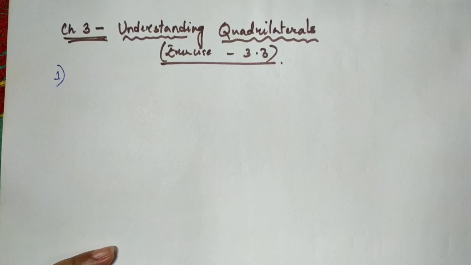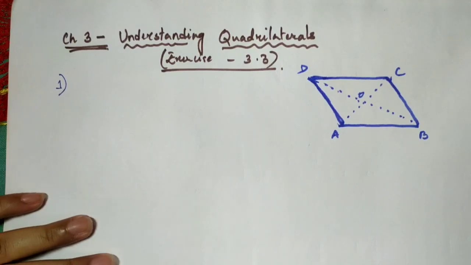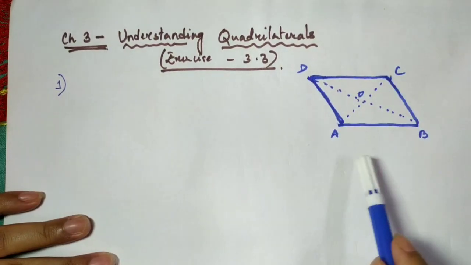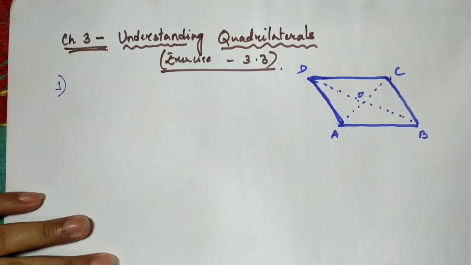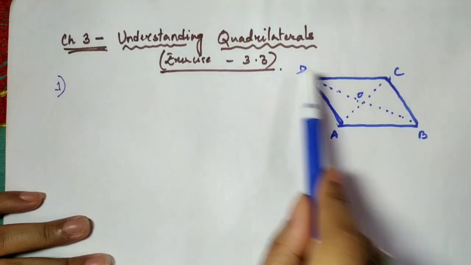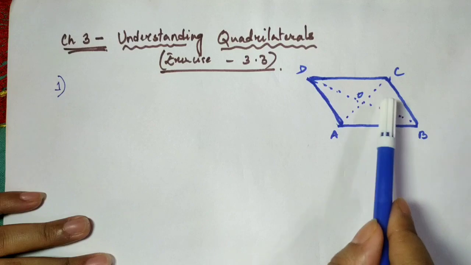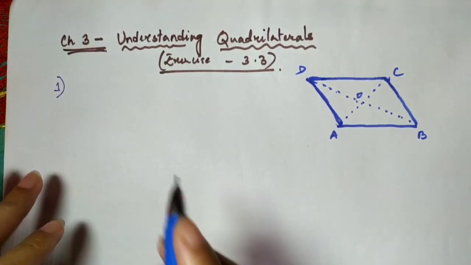It is given a parallelogram ABCD, and you can see that a diagram is given. I'll show you the diagram here. As you can see, this is the diagram given in the question. It's given ABCD is a parallelogram. Complete each statement along with the definition or property it's given. You can see A, B, C, D. These are the two diagonals BD and AC, and this is the point where the diagonals intersect. So we have 4 questions here.